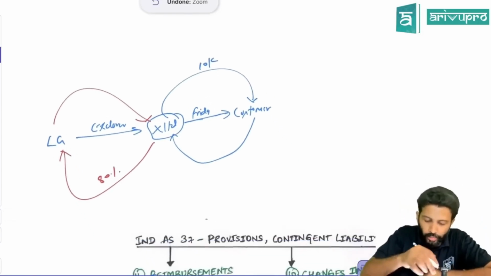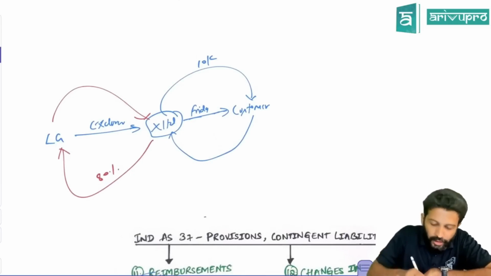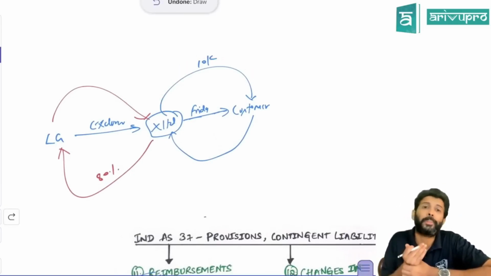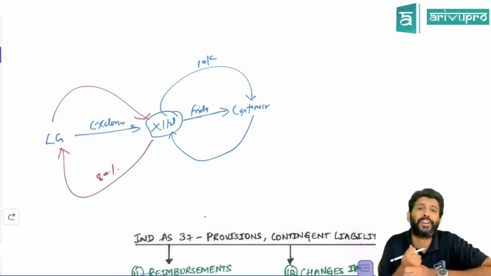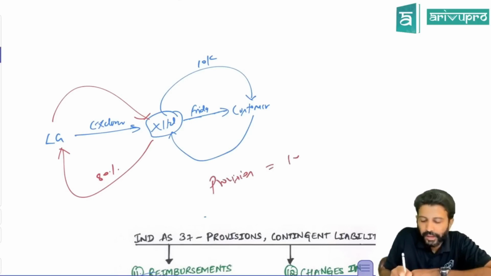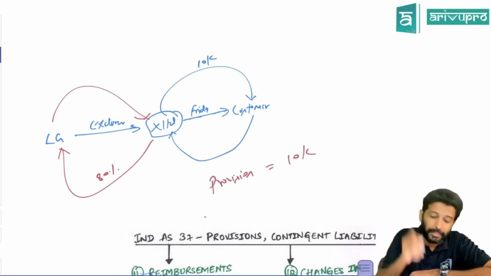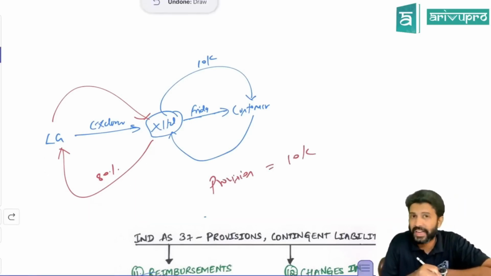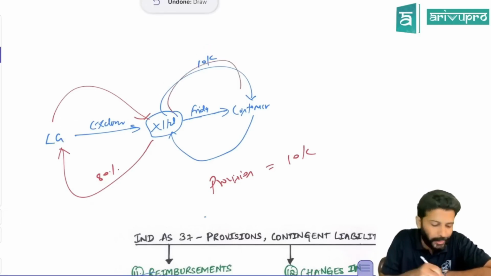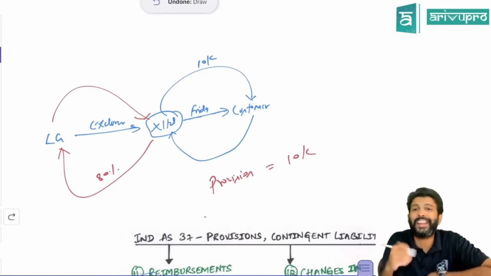Okay. So now you're talking about X Limited's perspective. X has an obligation to pay to the customer here. Yes, they have an obligation to repair the product, and repair cost is estimated to be 10,000. So X Limited has to record a provision for 10,000 in its books. But at the same time, X Limited also has a right to receive money from LG, because the moment he incurs repair cost,